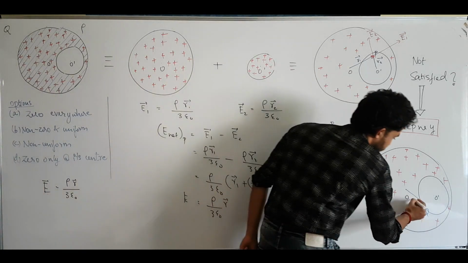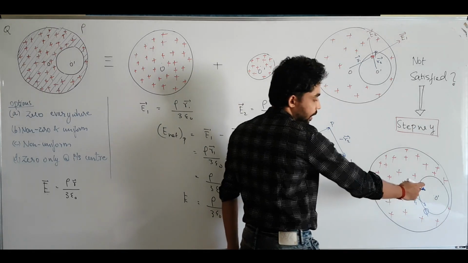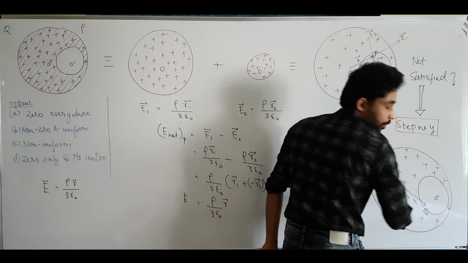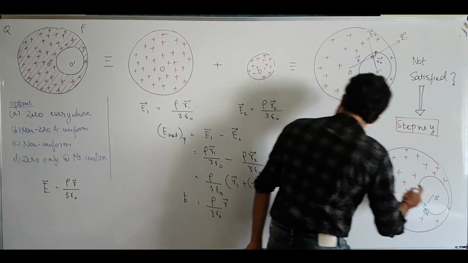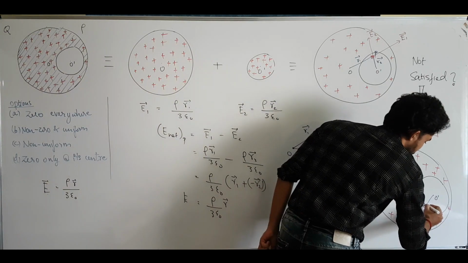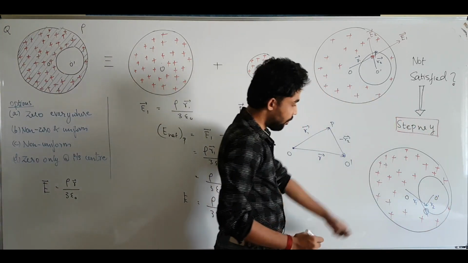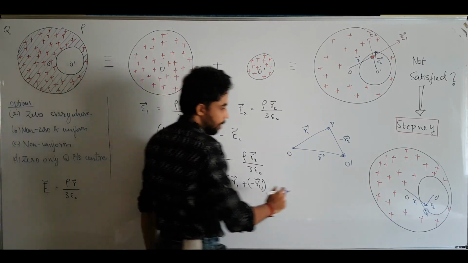Let me take this distance as r1, in this direction radially outwards, and the electric field due to the scooped out portion at this point is going to be rho r2 by 3 epsilon naught. Let me take the distance as r2, and in the same way when I do the subtraction of these two, I am going to get this